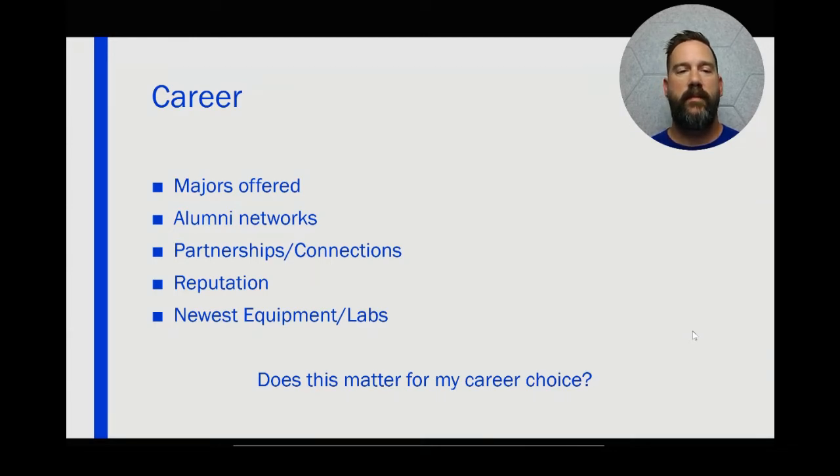Or are you getting your degree just as part of a checklist? And say the same thing for teaching, nursing, things like that. It probably doesn't matter what college you go